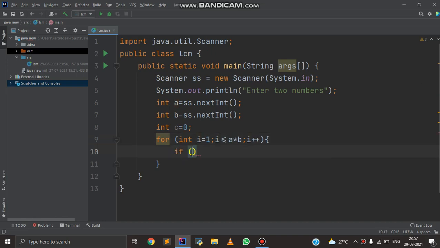So now I'm going to check the condition that if i mod a is equals to 0 and i mod b is equals to 0, then we'll store the LCM in c, which is i, and now I'll print the LCM here,